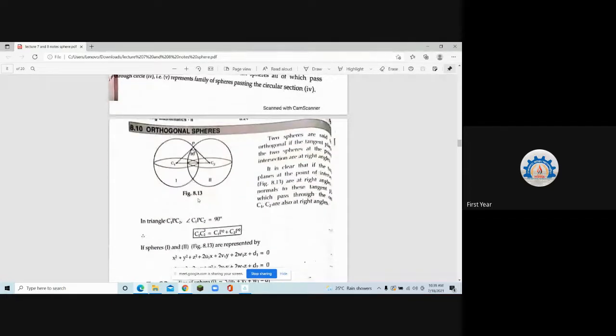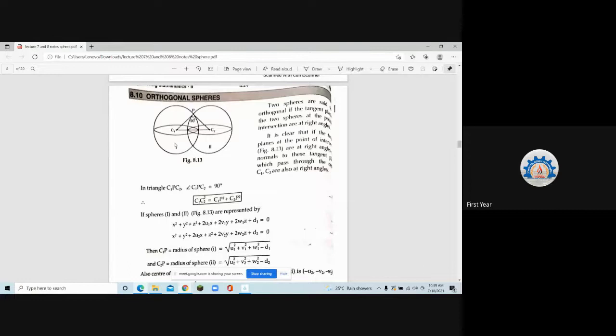Okay, there are 2 more concepts which I wanted to tell you, because these are the questions which are there in your MCQ. When do we say that 2 spheres are orthogonal? What does orthogonal generally mean? Something which is perpendicular. Spheres themselves cannot be perpendicular, but their tangent planes can be. The 2 spheres, if they are intersecting at the point P, that